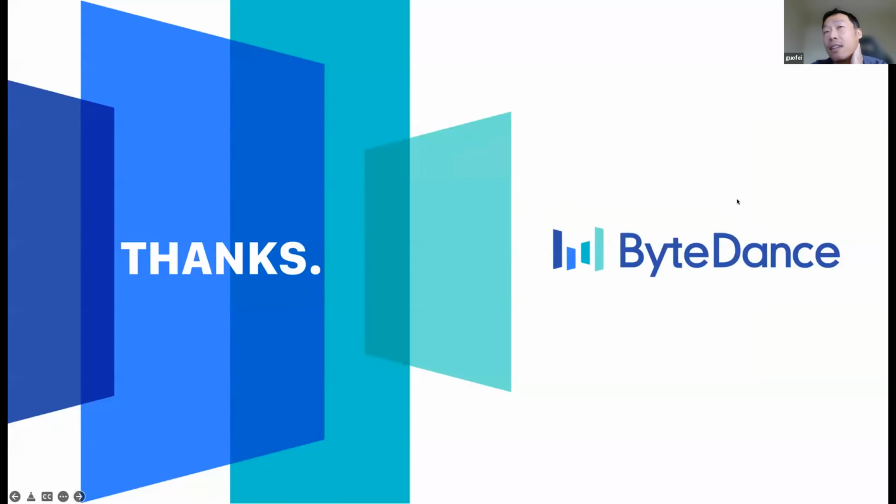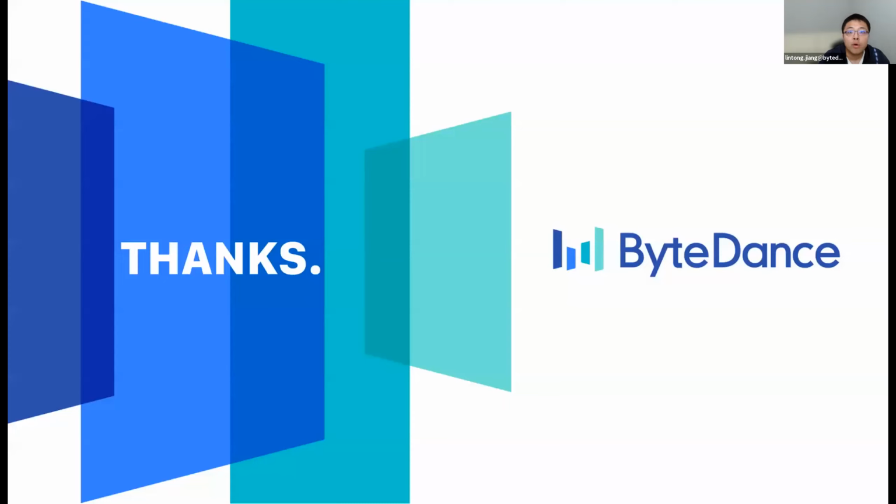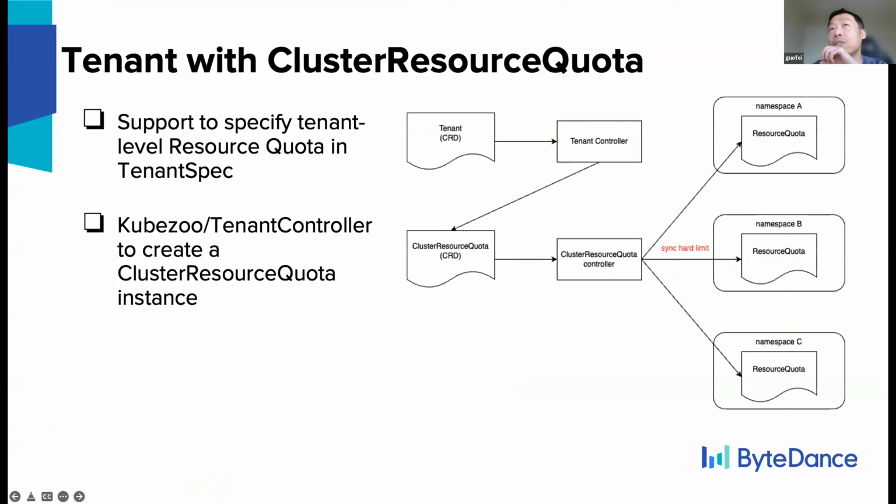Is it possible for any of your namespaces to remove the quota? I don't think so. Can you go back to the demo? Each tenant will have at least 4 namespaces: default, Kubernetes system, and so on. Can the Kubernetes system namespace not have the quota? It has to have a quota.